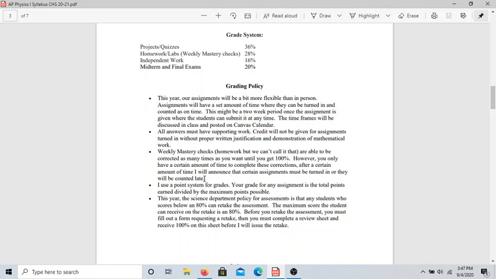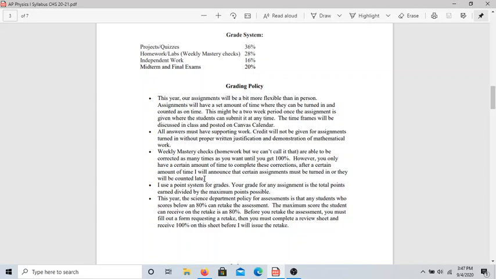All right? Now, it says use a point system for grades. It's basically out of a certain number of points. It's not that important because then we have the categories. Also this year we have a new policy where, for any assessment, and I'm making it only for assessments and usually only for quizzes. Projects, I'm not going to do that because that's going to be a pain in the neck.